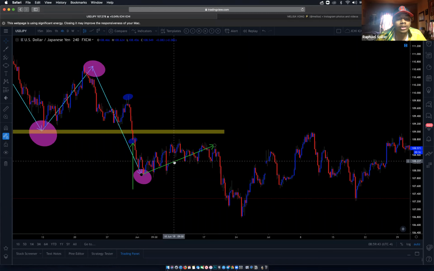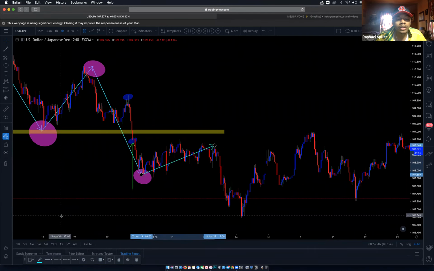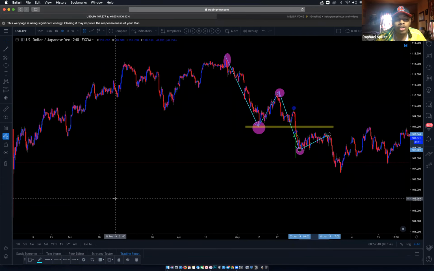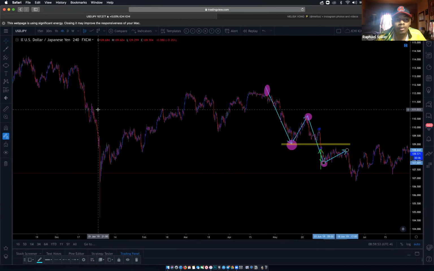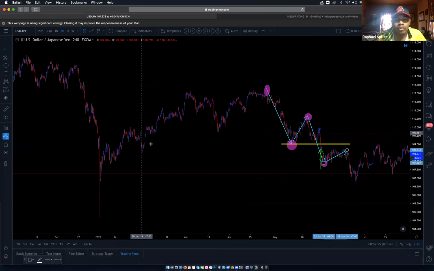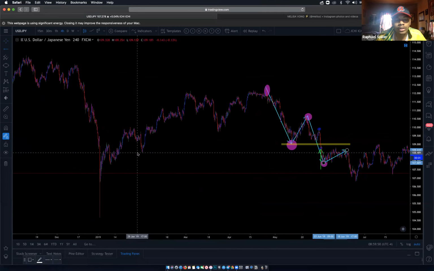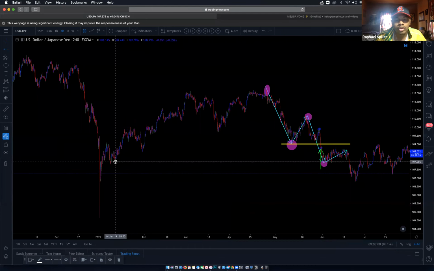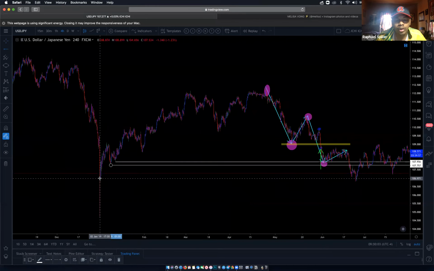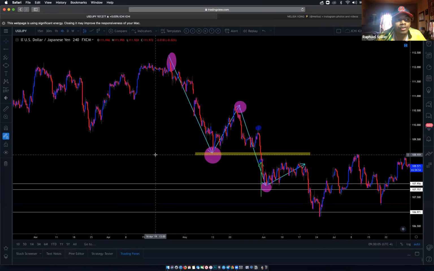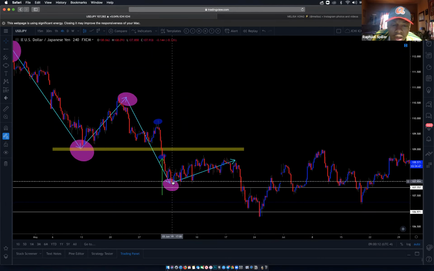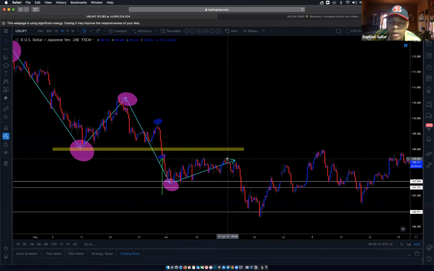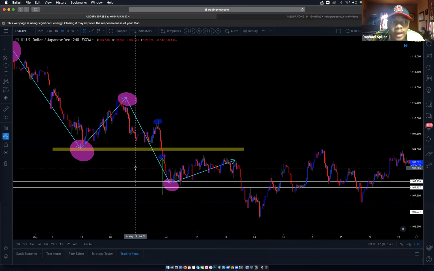How would you calculate the TP? You always look left for your TP. So if you entered on this green arrow, you look left and you identify what support or resistance is next. So this was your next support, this was your next support, and this was your next support. All three of these lines would have been your TP. And after I identified the next support, it hit it perfectly, then corrected, then continued in that direction.